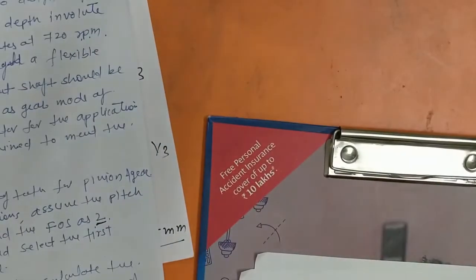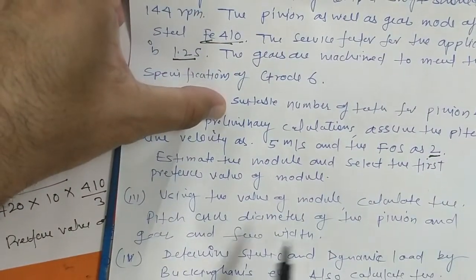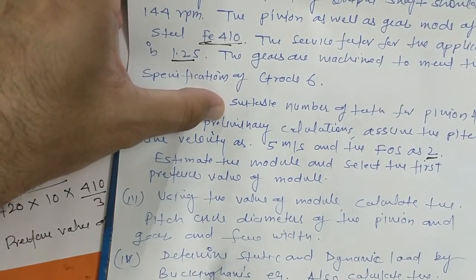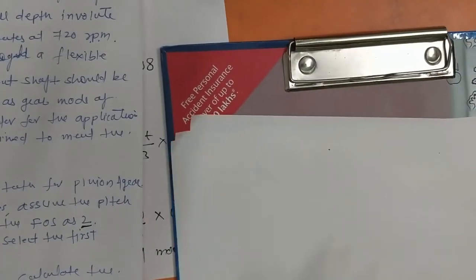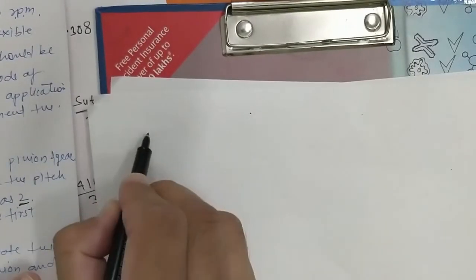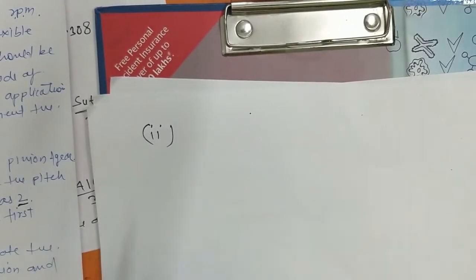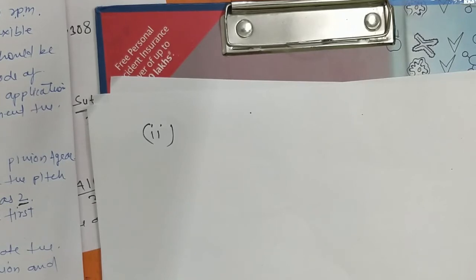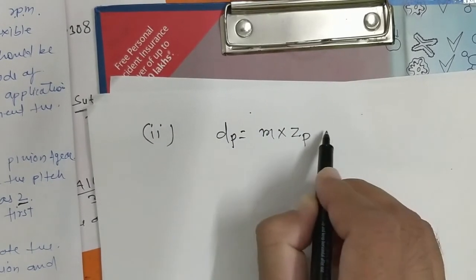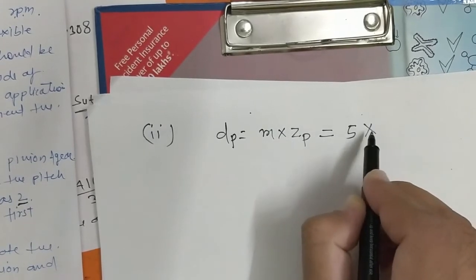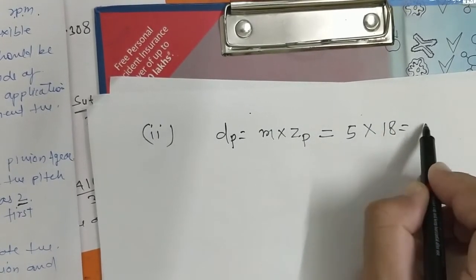So now next we need to find out, using this value of module, we need to calculate the pitch circle diameters of pinion and gear and face width. So for second, pitch circle diameter is given as module times number of teeth from the definition of module. So dP is equal to m multiplied by ZP, so m is 5 and ZP is 18, so this becomes